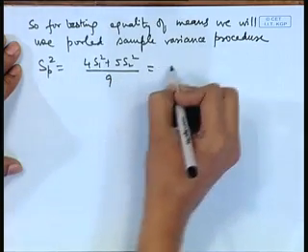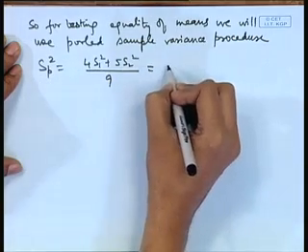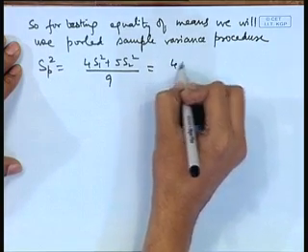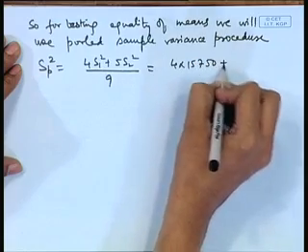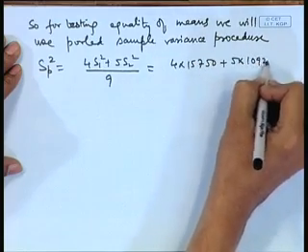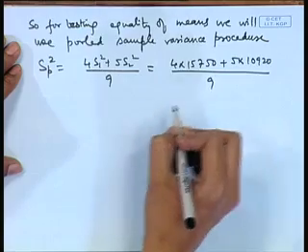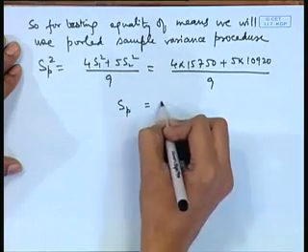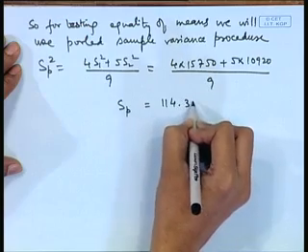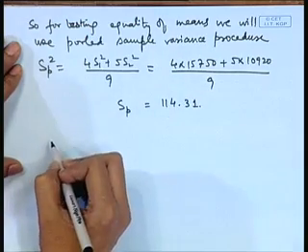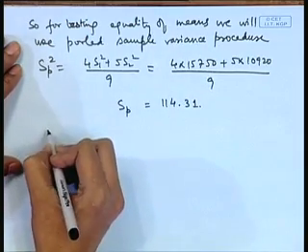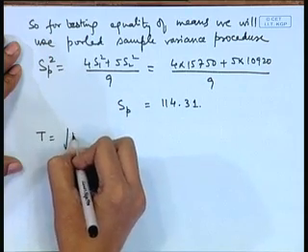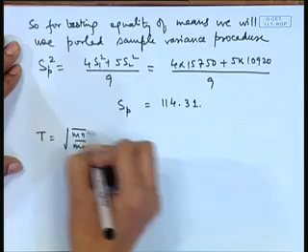Well, that is a huge value here, 4 into 15,750 plus 5 into 10,920 by 9. So, that is equal to some value. So, SP is taken to be square root of that, that is 114.31. So, if we calculate the t variable here, that is root mn by m plus n, x bar minus y bar by SP,